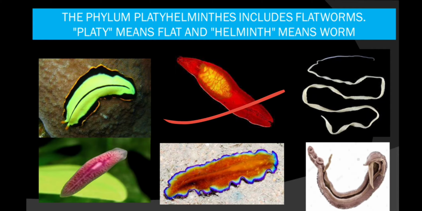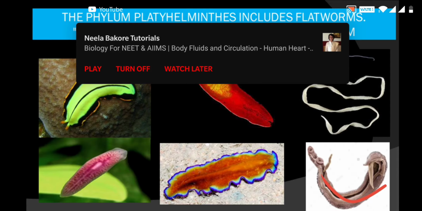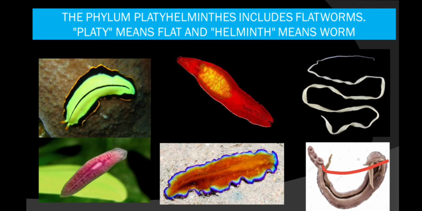Then see these animals, how complicated they are. This is the male body, and inside you will see a slender body. This is the female body. They are unisexual organisms, but the female lives inside the cavity of the male. This animal is known as Schistosoma, also known as blood fluke. It is found in the veins of the human bladder as well as the human intestine, and it causes a disease called schistosomiasis. So Schistosoma causes a disease called schistosomiasis.